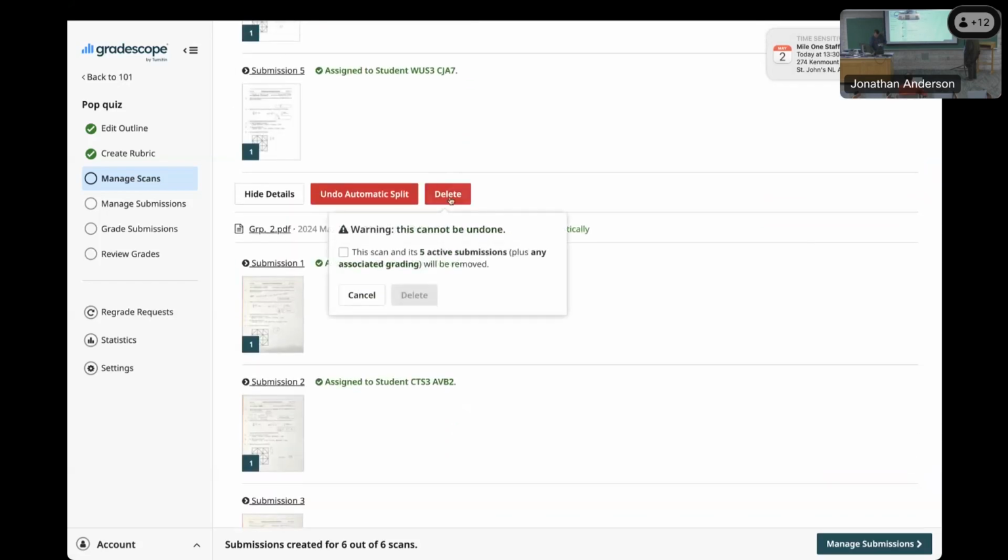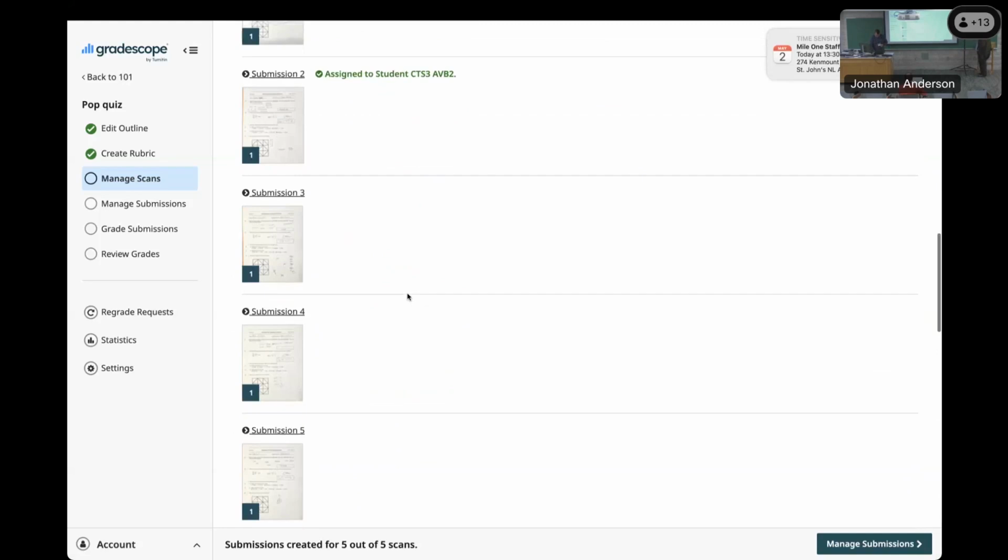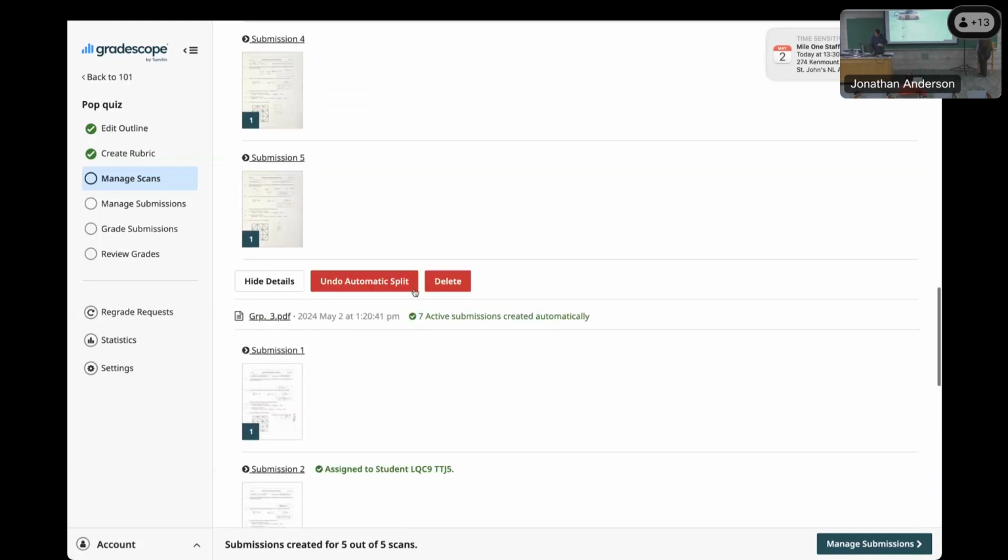So after a final exam, I will take all of my exams to the copy room. I will take the big paper cutter and cut the corners off of all the paper, and it all goes into the scanner. Chunk, chunk, chunk. And then I email those PDFs to myself from the scanner, and then we have exams,